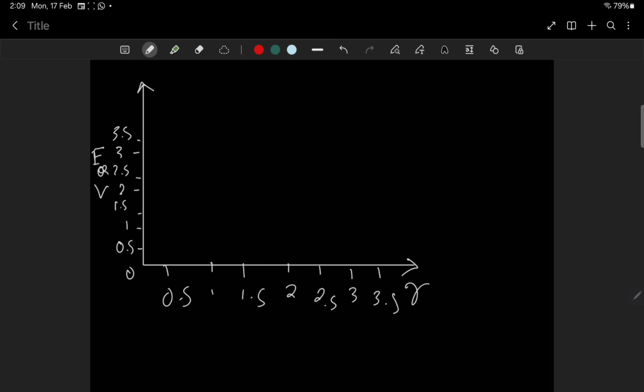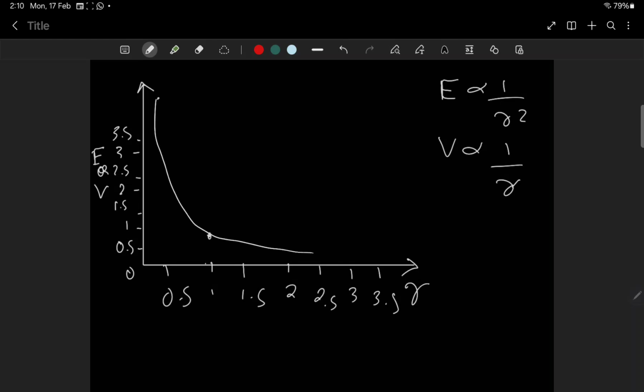So what is happening is that you know that E is directly proportional to 1 by R square, and V, that is potential, is proportional to 1 by R. So when we are plotting V, at 1 it will be equal to 1. Otherwise the graph will be like this. For E it is directly proportional to 1 by R square. So at 1 they will meet each other. These two graphs will meet each other. One second, I will draw this graph some more properly. Now the electric field graph is like this.